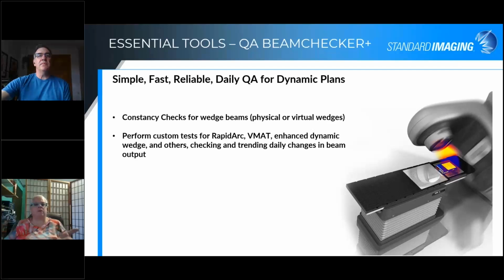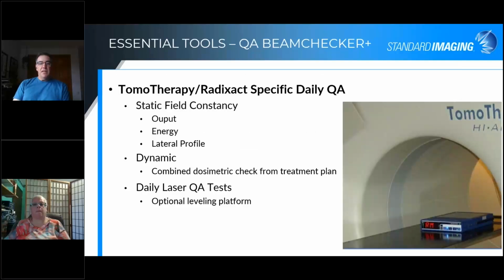Can the BeamChecker be used on non-C-arm Linacs? Yeah, so we also have some specific tests that we've built in and developed for tomotherapy and RadExact specific daily QA. We can do static field measurements in the Tomo Direct mode for output, for energy, and for lateral profiles